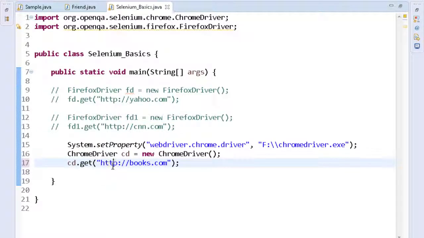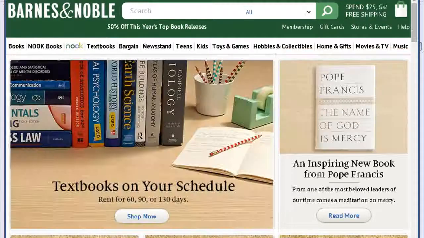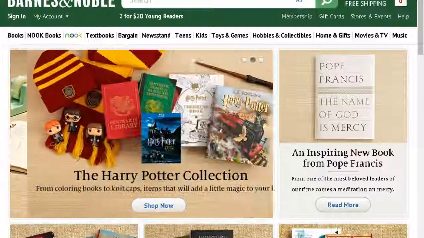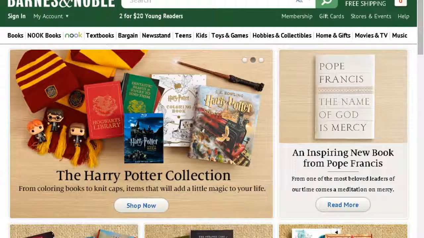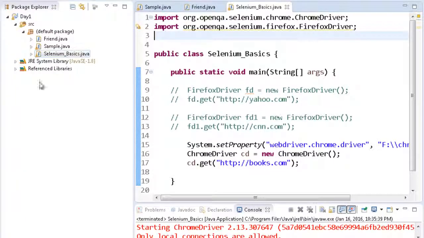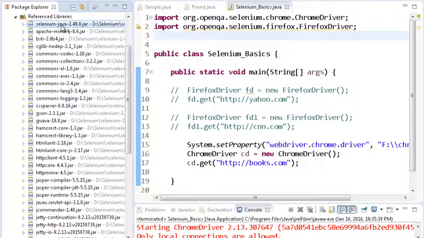Yes, this can be the reason. Yes, this is the reason. Sorry. So it's supported, right? But yes, you might get this issue, and I have also seen this issue a lot of times, where the browser version which you use is a little ahead of the browser version which is supported. We are using Selenium 2.49 right now. It comes with experience. You will come to know with experience.